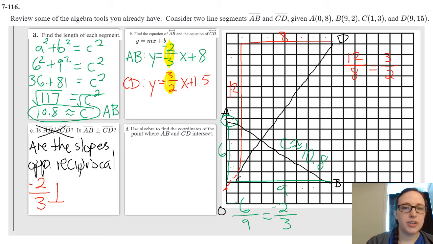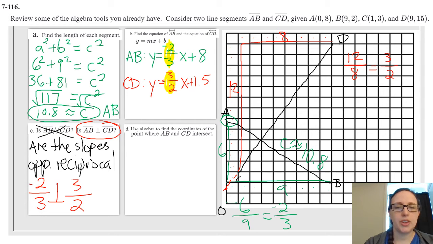So one is positive, one is negative, and the numbers are flipped. Top flips with the bottom. So they are perpendicular. All right, and we're going to go ahead and skip part D. Okay, so that's some review of how to find the length of a segment, how to find the equation, more